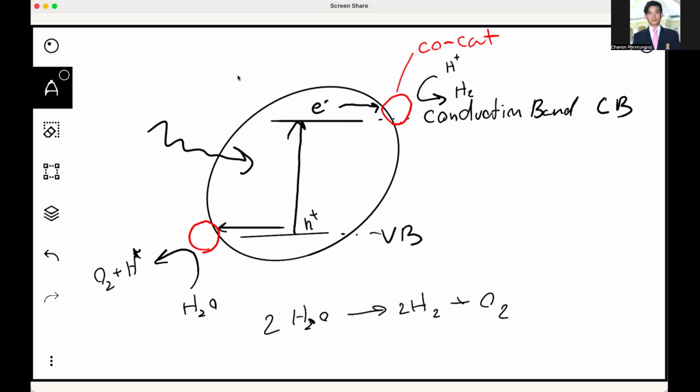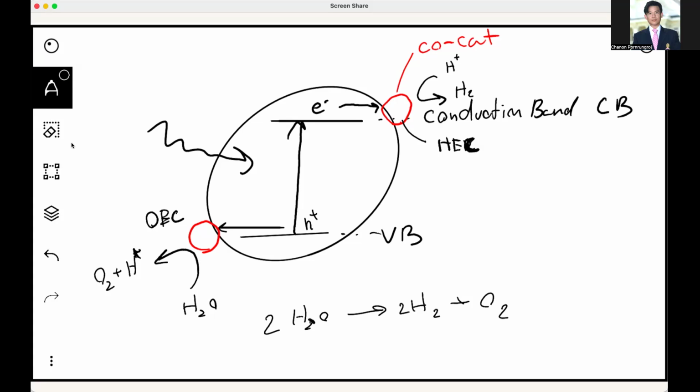So that's our overall reaction. The key for this is, for example, the catalyst. There is a name for it: for hydrogen evolution, we call it HER, hydrogen evolution, HEC, hydrogen evolution catalyst. And for oxygen evolution, we call it OEC, oxygen evolution catalyst. So the concept is pretty simple,